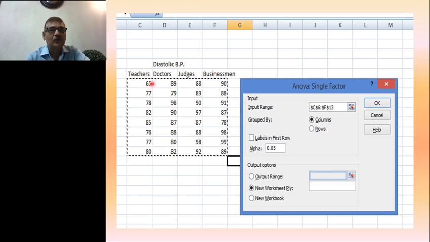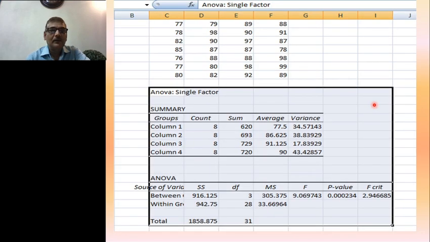So only this quantitative area will be selected. You will select the entire area where the data is depicted, and then it will automatically come to the input range. And when you click OK, then in the next step, you will get this table.